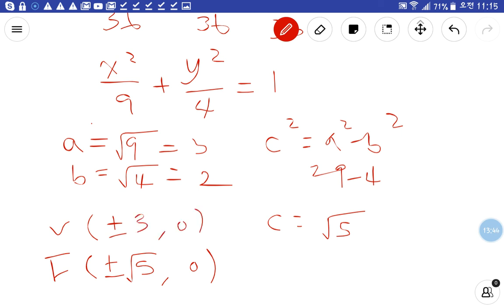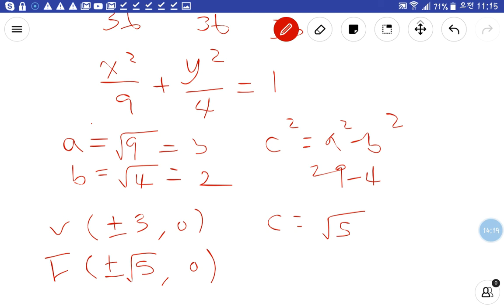So when you are talking about your standard form, your a and b, if your a is bigger, then that is going to be your major axis. This time, your a is 3, b is 2. 3 is bigger, so your x-axis is going to be your major axis. So always in your formula of an ellipse, a is always bigger than b. Okay? Alright, so we are going to work on exercise 1 together